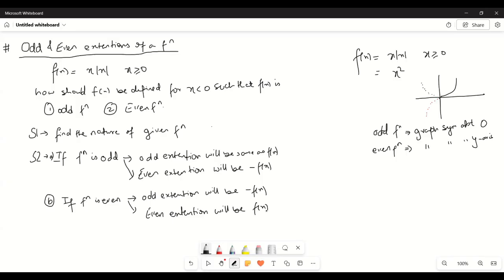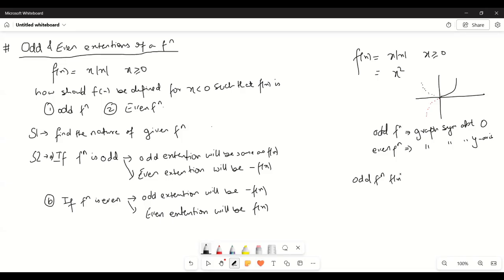So the even extension of an even function will be the same as the function, but the odd extension of an even function will become negative. Okay. So that's to say that if we had to define an odd function for this,